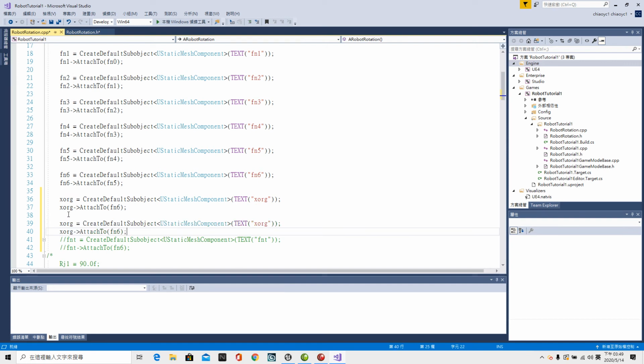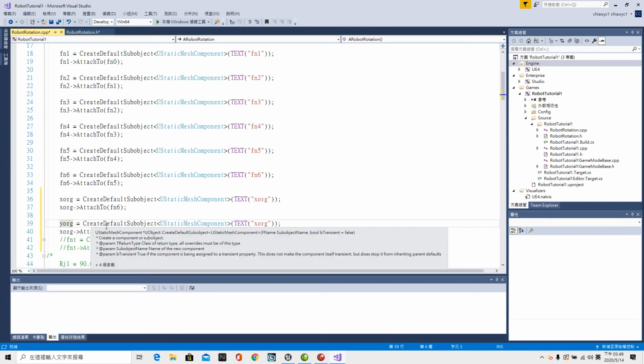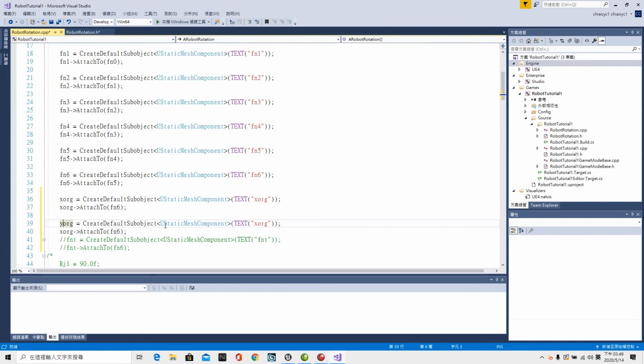Control V. YORG = CreateDefaultSubobject<UStaticMeshComponent>(TEXT("YORG")); YORG->AttachTo(Fn6);